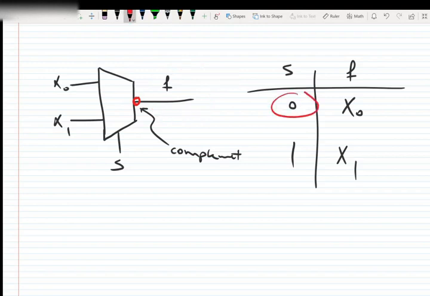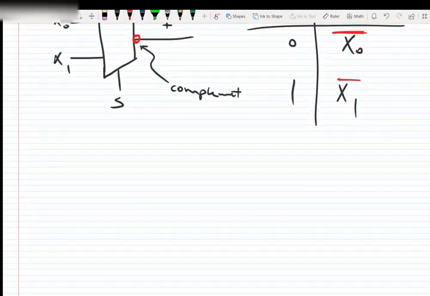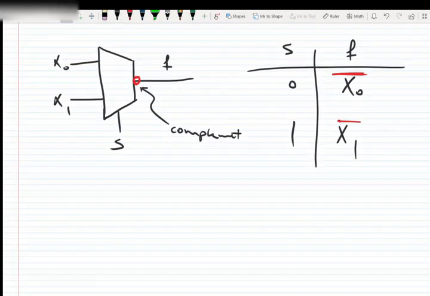So if S is 0, the output will be X0 bar. If S is 1, the output will be X1 bar. So anywhere that you see this small circle, it means that it complements the data. What if we have the same circuit,